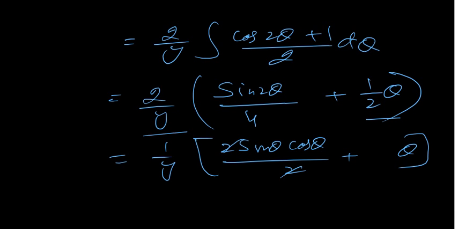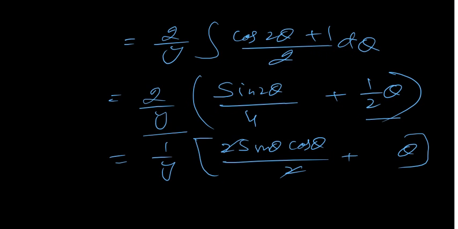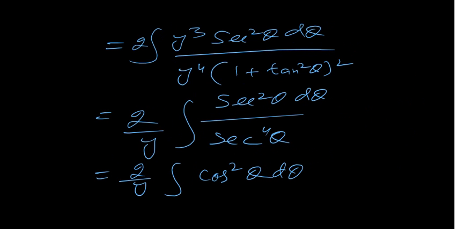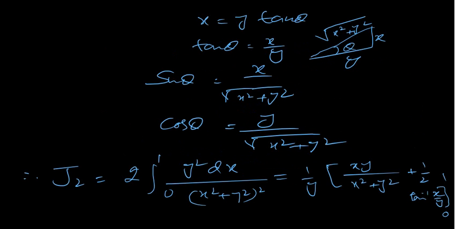And then in the next page, okay, go to this page. This is just theta here. This is just tan inverse. Okay, this is tan inverse of x over y. Value of J2 is plus theta. Theta is tan inverse x over y. So in the next page, then we have